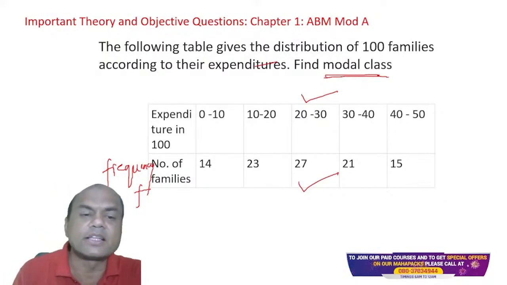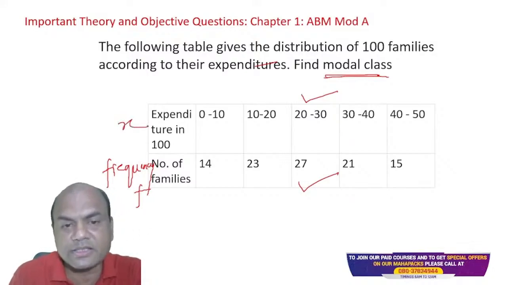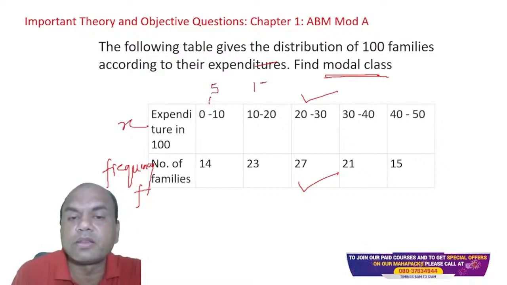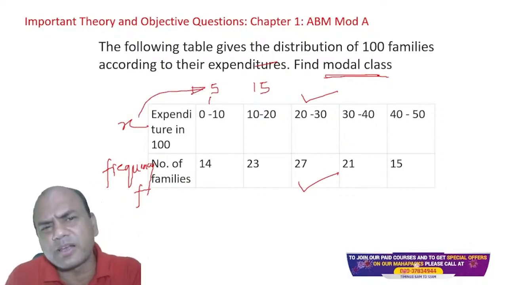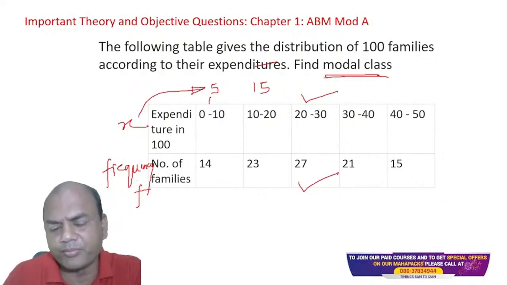And this other part is known as x. We always call this x. This is a class, and we find the class mark out of this. So it will be 5 over here, the central number. Here it will be 15. And this we treat as x. Then we find out fx, and various formulas are there. Fx upon f, with all these we find out the mean, mode, median. Got it? Clear? Simple?